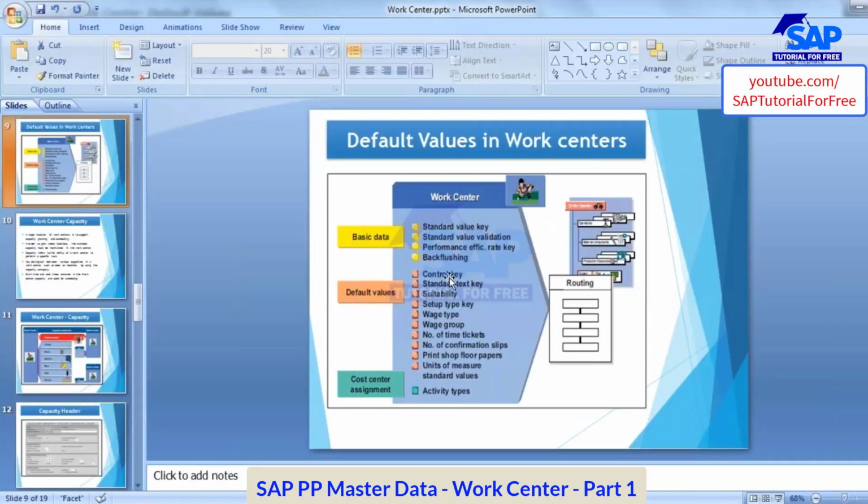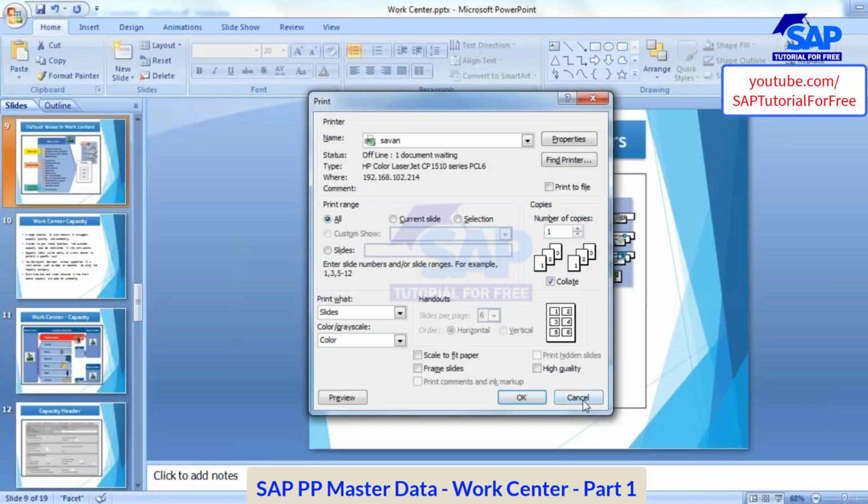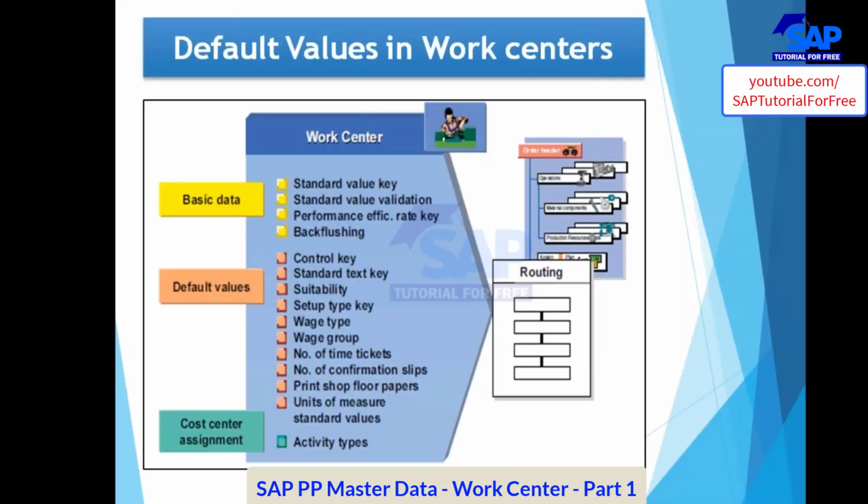So whatever data you enter in the default values tab will get copied to the routing automatically. That is why it is called default values. Like your control key, standard text key, all these things will get copied. Okay, now the next one will be